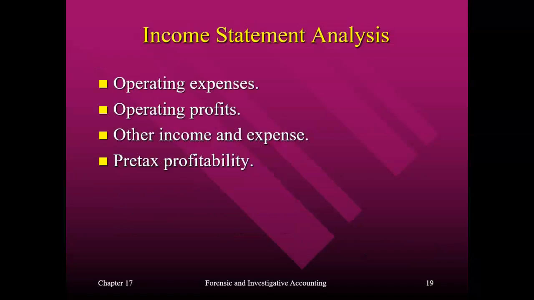How is cost of goods sold calculated? You will also look at all the operating expenses. You see if they seem reasonable, see how they've changed over the years. Operating profits, are they good and steady? Other income and expenses. So you don't just look at the bottom line, because the bottom line could be influenced by other income and expenses that are not usually there on a year-to-year basis. So your operating profits, your operating income, to me, is more important sometimes than your final net income. And then they also throw in their pre-tax profitability, and I would say final net income as well, which would be after tax.